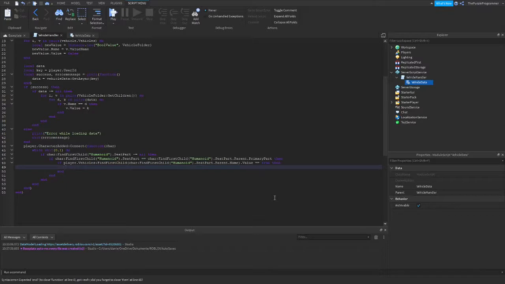Then I'm just going to print "player has vehicle", and else if player.Vehicles:FindFirstChild(character:FindFirstChild("Humanoid").SeatPart.Parent.Name).Value equals false. Then